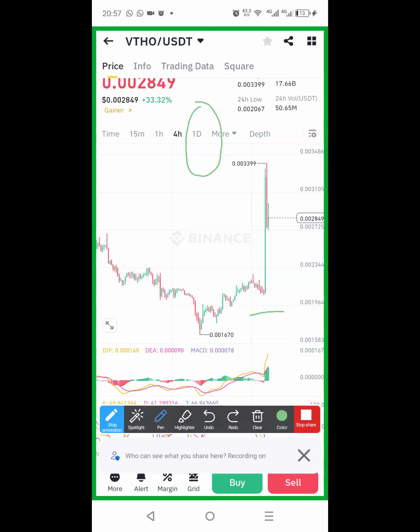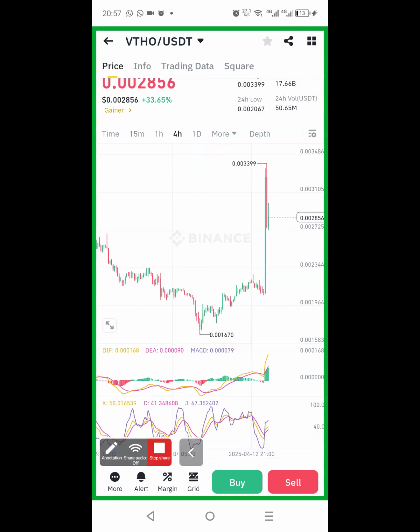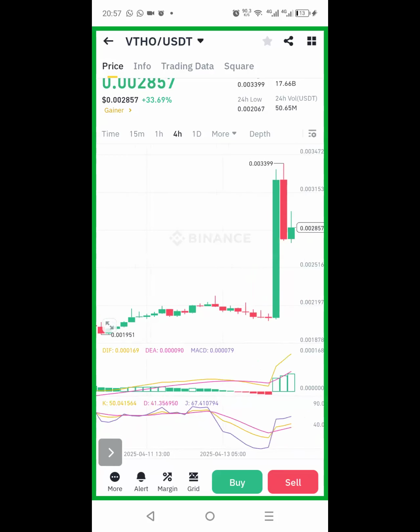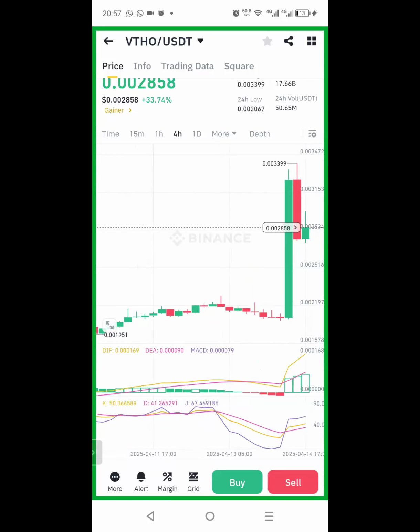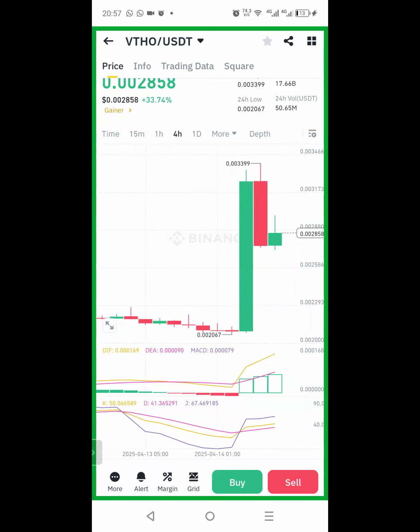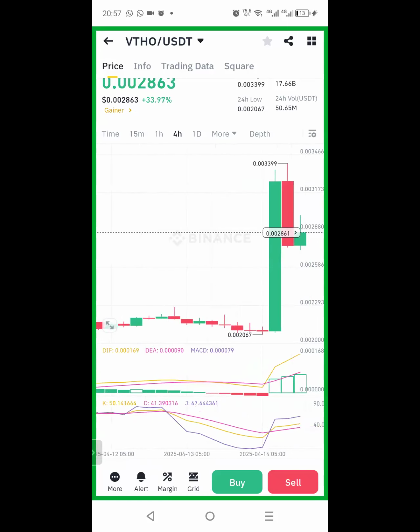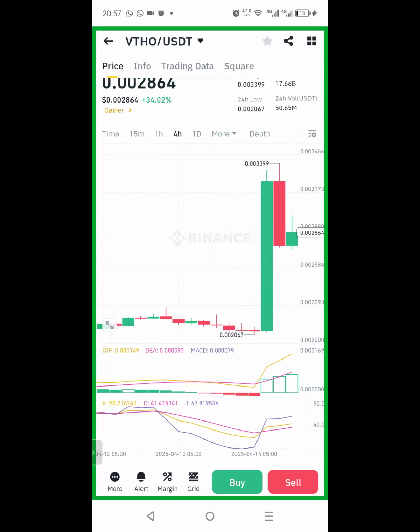But that time, when I wanted to enter the trade, I just checked the 1 hour. I checked the 1 hour candle. Let me show you what I'm talking about here. All these charts we are seeing here, the red blocks and green blocks, they are candles. All these candles are based on the 4-hour time frame, because I'm on the 4-hour time frame right now.